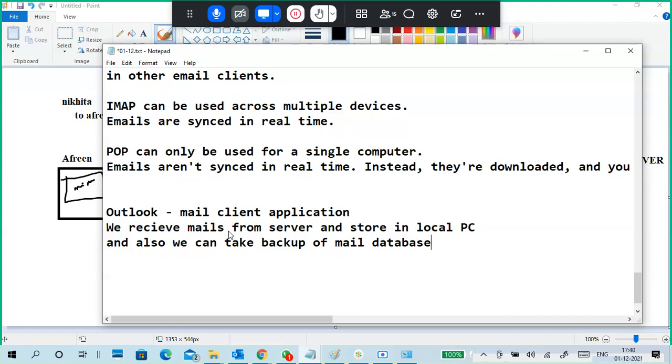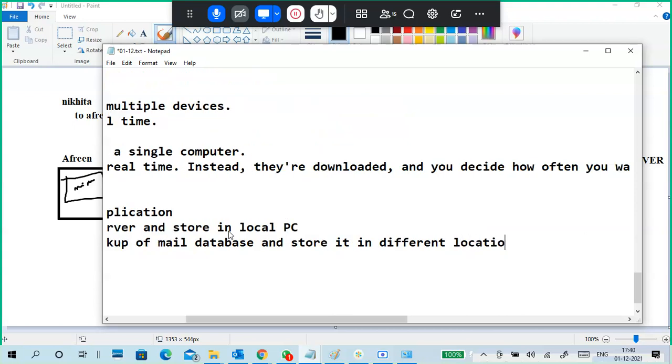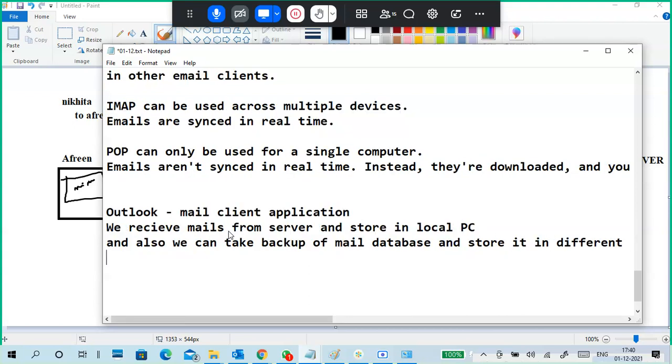You can take all the mails as a database and store it in a different location.